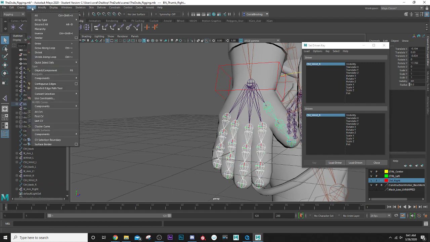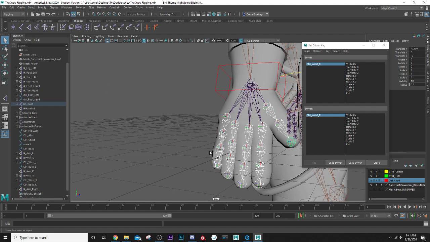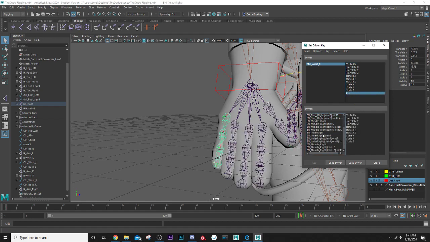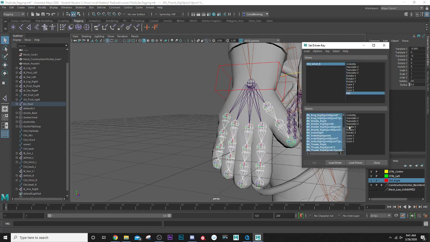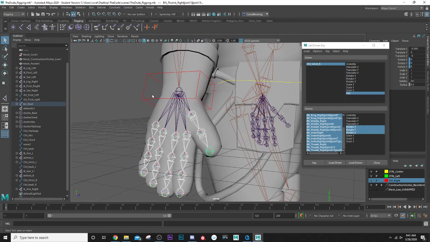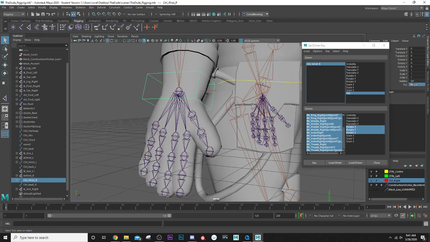And I'm going to go to select and hierarchy. That'll give us all the joints on the inside. And I'll say load driven. Okay, so fist is the driving attribute on the driver. We're going to select all the joints inside the driven, and we want to have control over the rotate X, Y, and Z. So we're going to say key there. All right. Now we want to put them at a fist state. So when they're at 10,